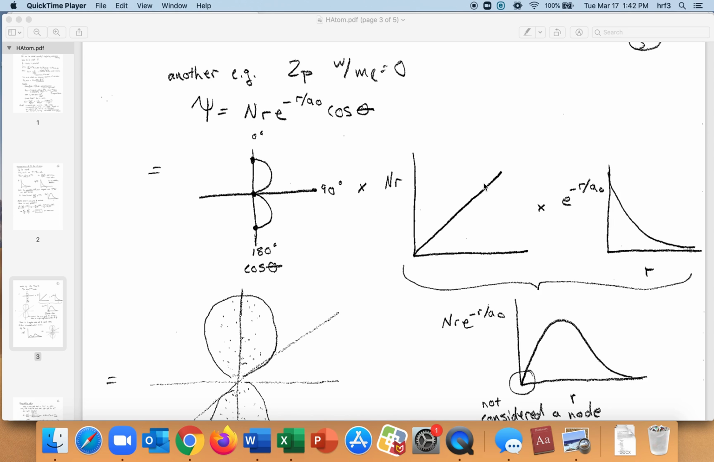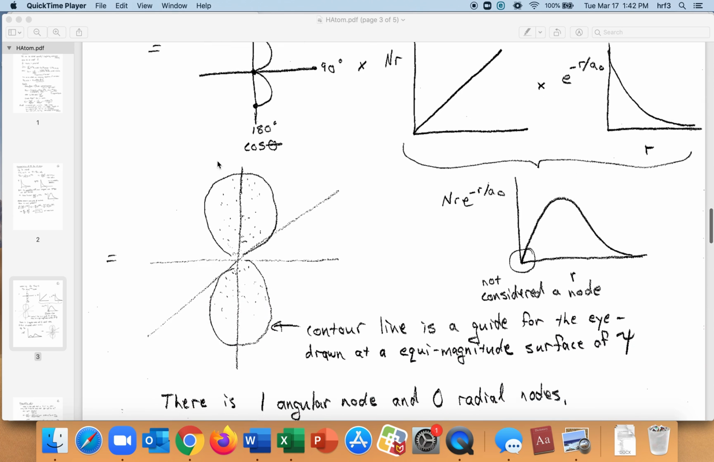Here's n times r, which is just a line, and then here's exponential decay, e to the negative r. So if you multiply these 3 curves times each other, you get a p orbital. So just the radial part is 0 down at the nucleus, and then goes through a peak and down, exponential decay. So this dominates at 0, this dominates at long r. And then you multiply that radial part by